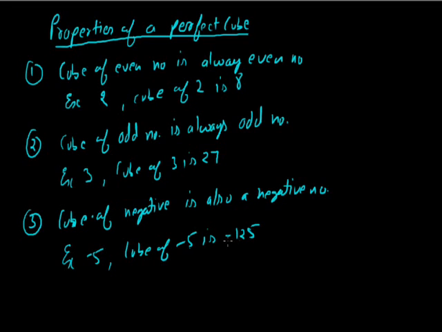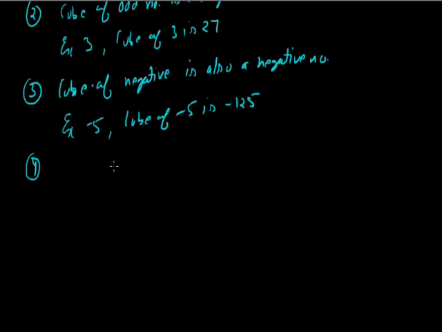So the cube of a negative number is always negative, it can never be positive. Now the fourth property, the sum of the cubes of the first n natural numbers is equal to the square of their sum. It means that if we take the sum of the cubes of all first n natural numbers,